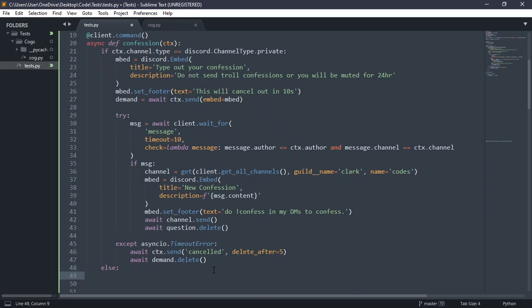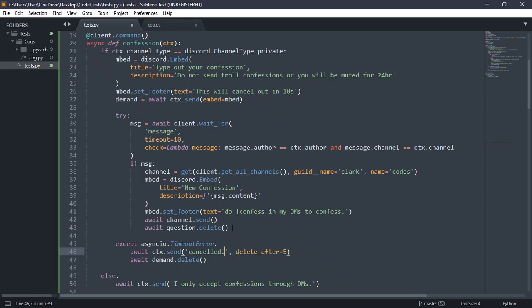Else await ctx.send, I only accept confessions for DMs. All this is said by the bot, by the way, just in case you're a little confused. Let's put some space there. Cancel, put a period, and yeah,